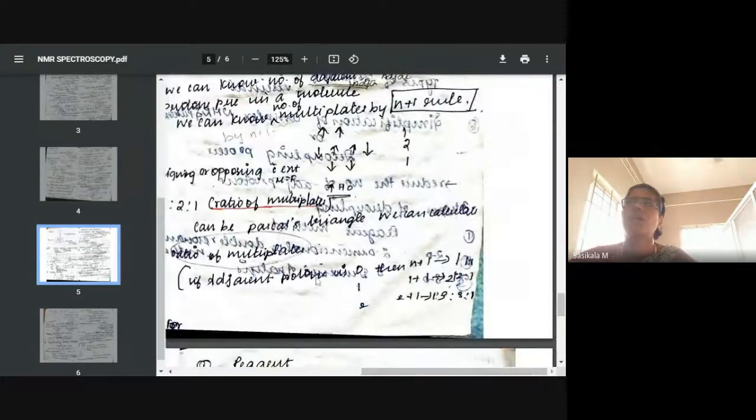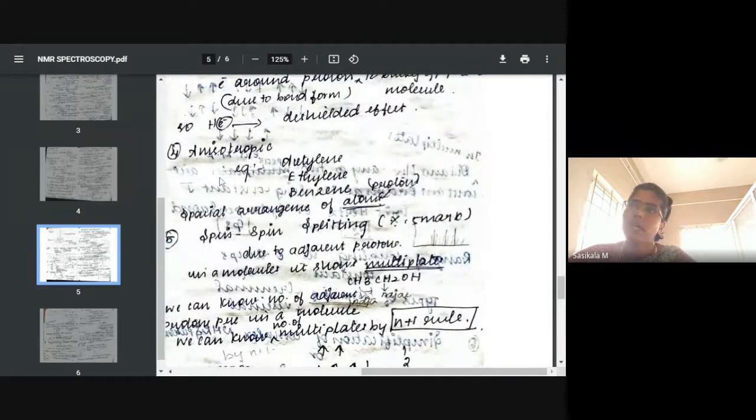Now the anisotropic effect we have also seen. Anisotropic also represents the spatial arrangement of atoms. So whatever examples we have seen for chemical shift, the same can be written here, such as ethylene. Based on the spatial arrangement of atoms, the anisotropic effect arises. Based on that, whether protons are de-shielded or shielded, we can analyze through the atom's location in the molecule. That is called the anisotropic effect. Then the fifth parameter, spin splitting, we'll see in the next class, and that is another 5-mark question.